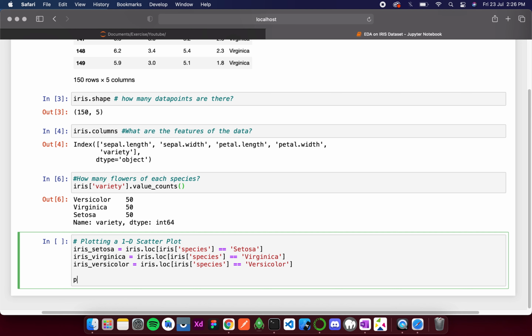For that I'm going to write plt dot plot, iris setosa, and then petal length, comma np dot zeros_like iris setosa petal length.